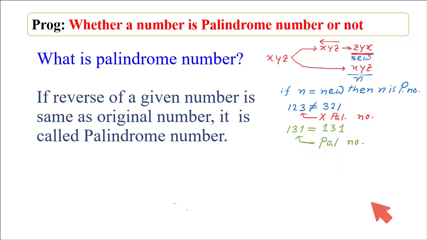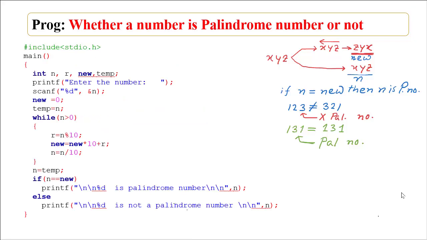Now how may we write a program to check whether a number is a palindrome number or not? To reverse the position of different digits of a particular number, we need to identify the digits separately. Means we have to identify the last digit z, then the middle digit y, then the first digit x. Identification of the digits of a number can be done by using these two instructions: one is the number modulo 10, another is the number divided by 10.